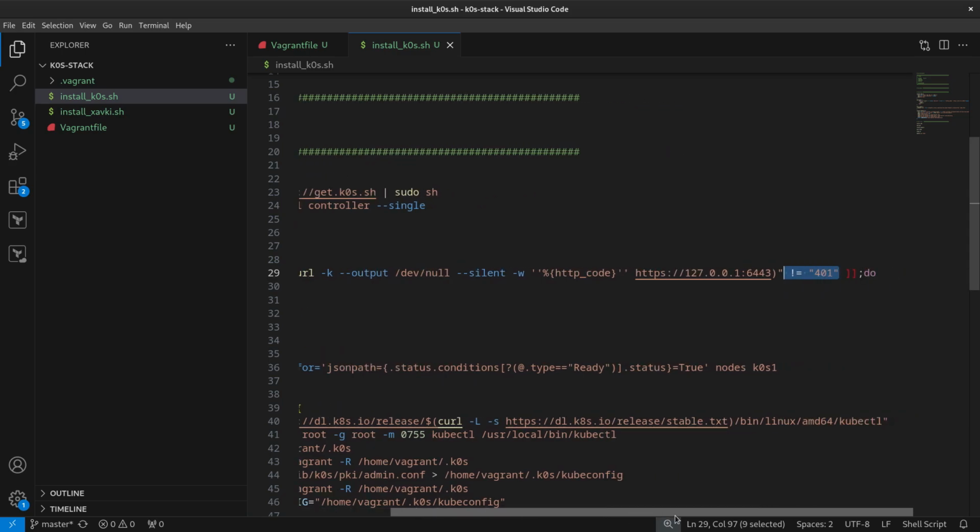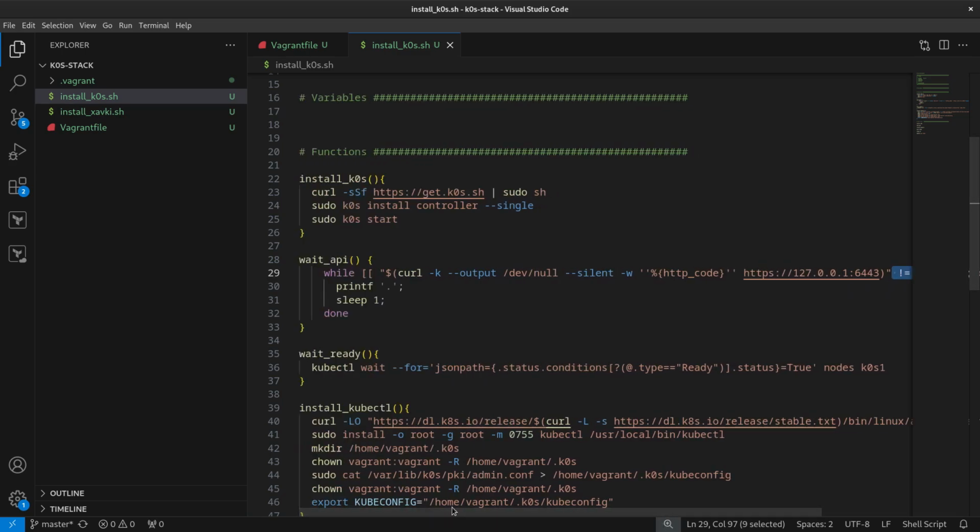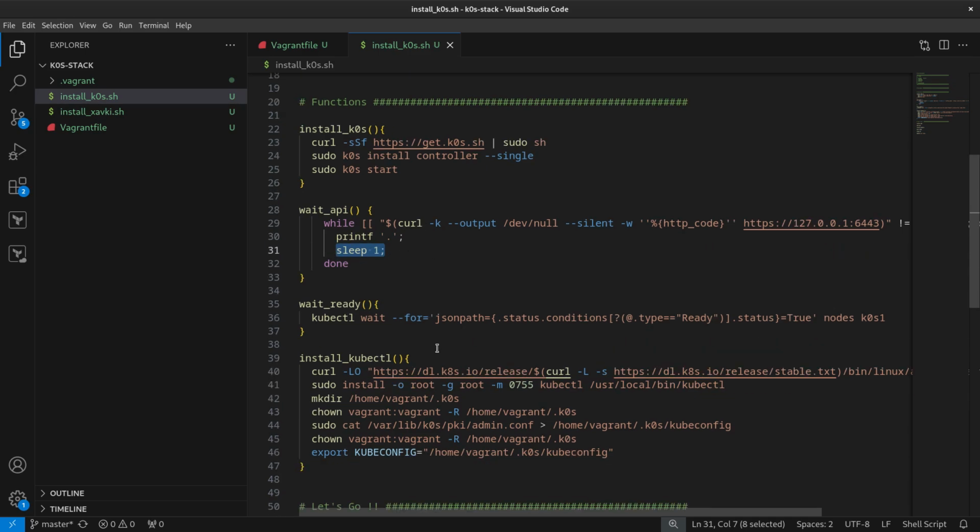This is really important to wait, and we print a dot. It's just a little trick to display an animated output, and we sleep 1 second before printing the dot.